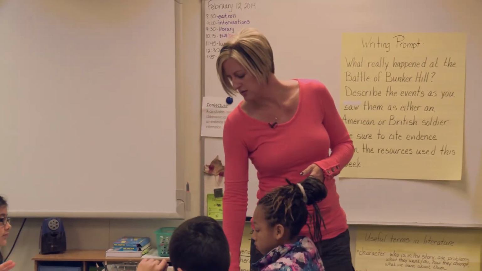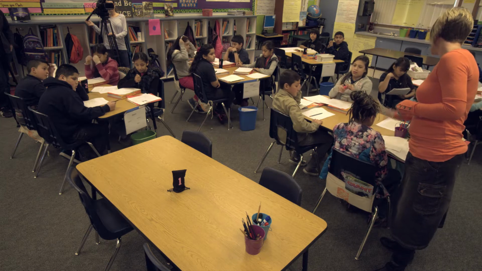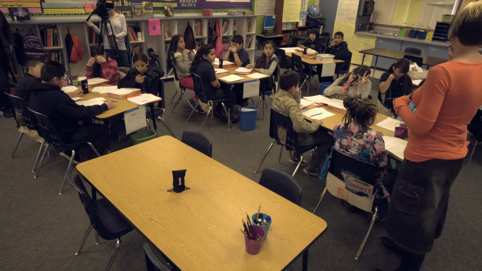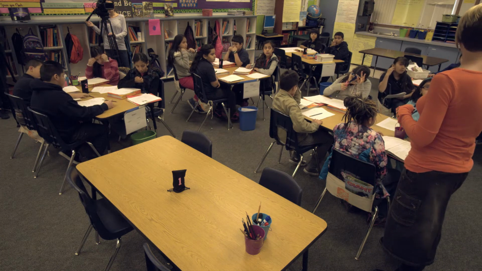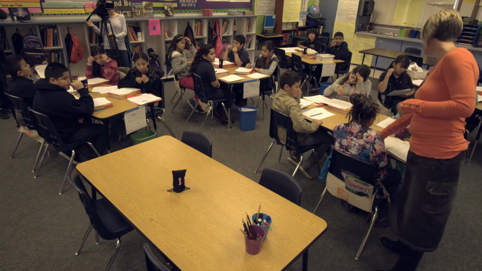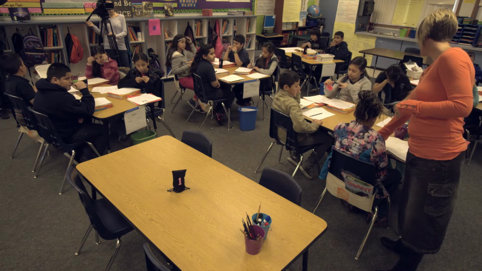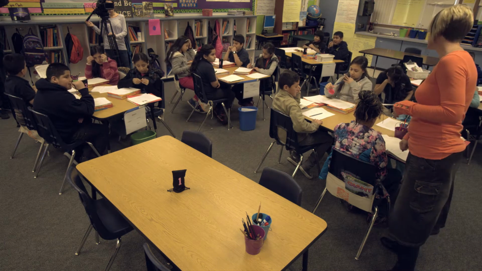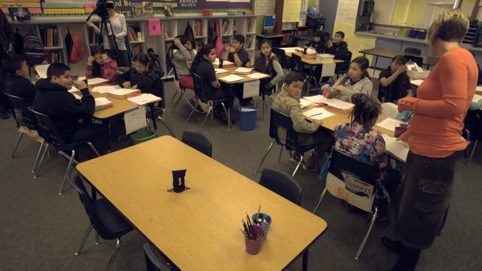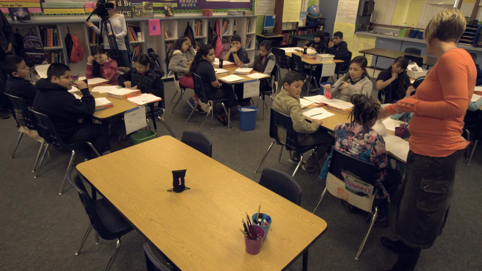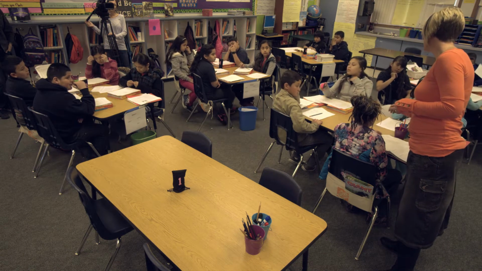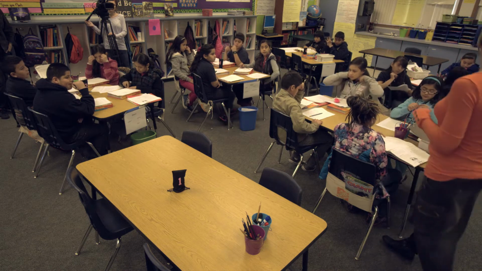And then your 4th one, let's go back to that 3rd one. If you tell me it's the complete story, or if you tell me it's only a side or a piece of it, you need to give me reasons why it's not the whole story, or if it is the whole story. Number 4, what piece or side of the battle is missing? Okay, so you can do that for document number 1, Francis Bailey's summary, and then on the back, John Howe's overview of the battle. Okay, questions on what we're doing?